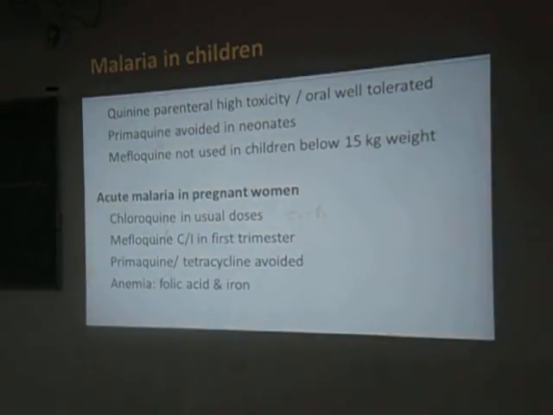So the next important part is malaria in children. Okay, what can be given, which is not there, but still we discussed what was the drug. The popular trade name is Fansidar. Okay, pyrimethamine, sulfadoxine, we told that they do not give the bitter taste of chloroquine. That's why it can be used. So along with that, we can also think of quinine, primaquine, and not mefloquine. Okay, if it is below 15 kg, that means baby is less than 3 years, we cannot go for this. So primaquine is avoided, and except for this,